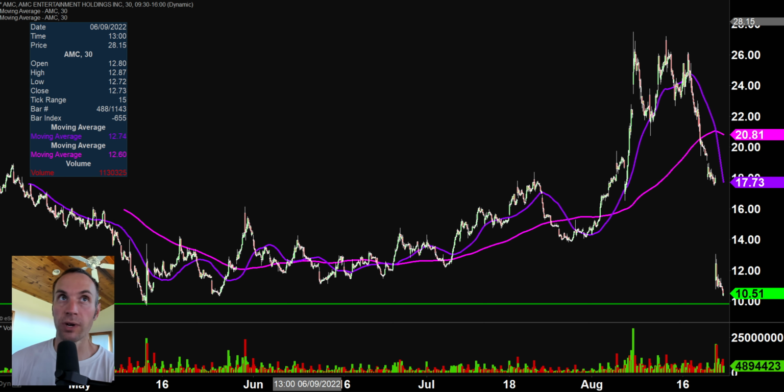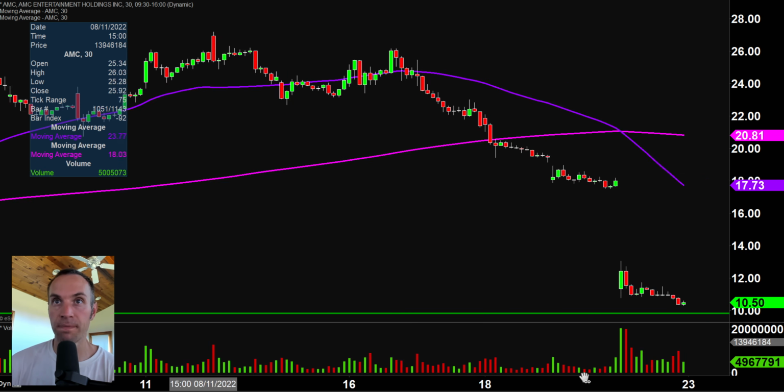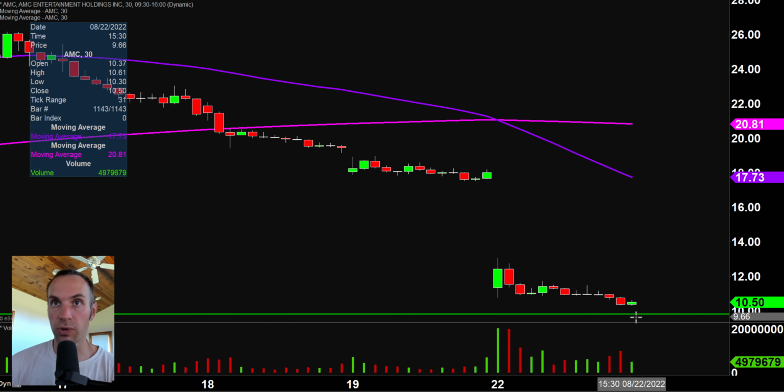However, it is also an interesting level because while there are no guarantees, is it valid? Is it rational to think that if the price goes down in that area, you could get some sort of bounce back upwards? Yes, that is absolutely a valid thought process to have. Again, nothing is guaranteed, but nobody could call you crazy for thinking that the price could bounce off of that $9.80 mark. So there's that green line right there, and now you have a better idea of where it's coming